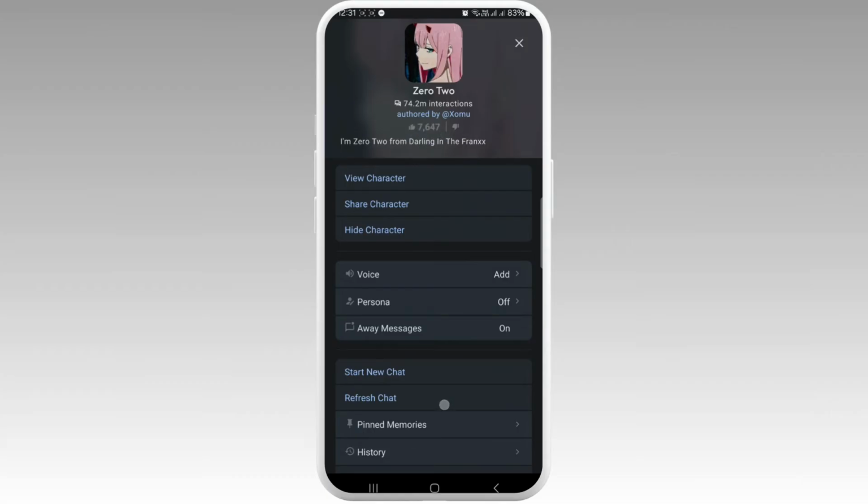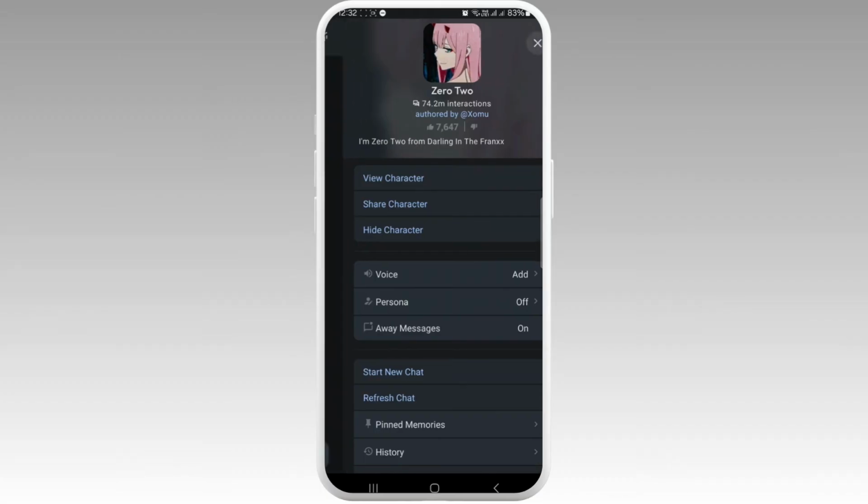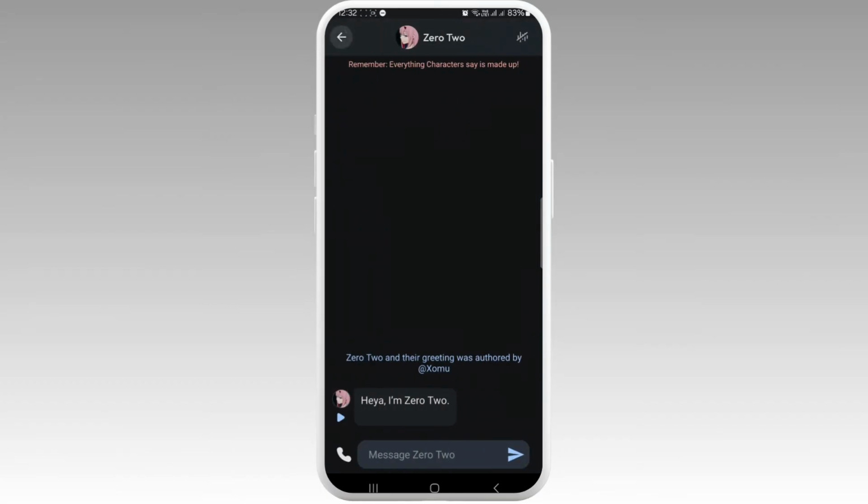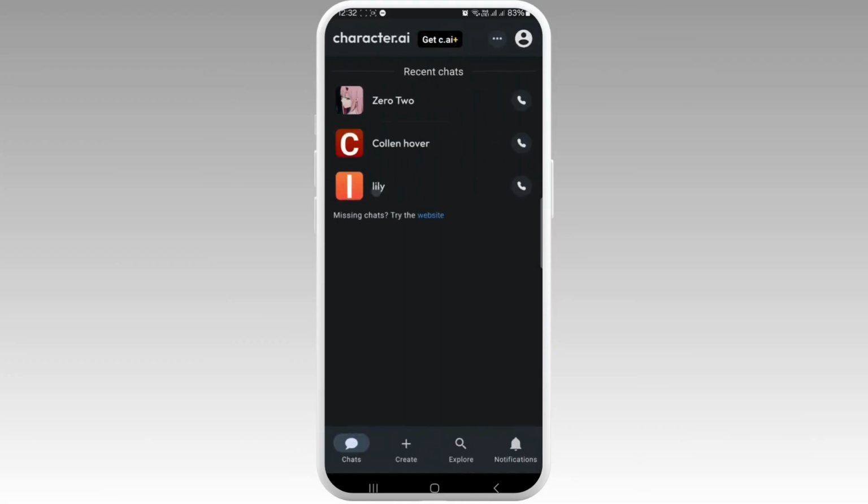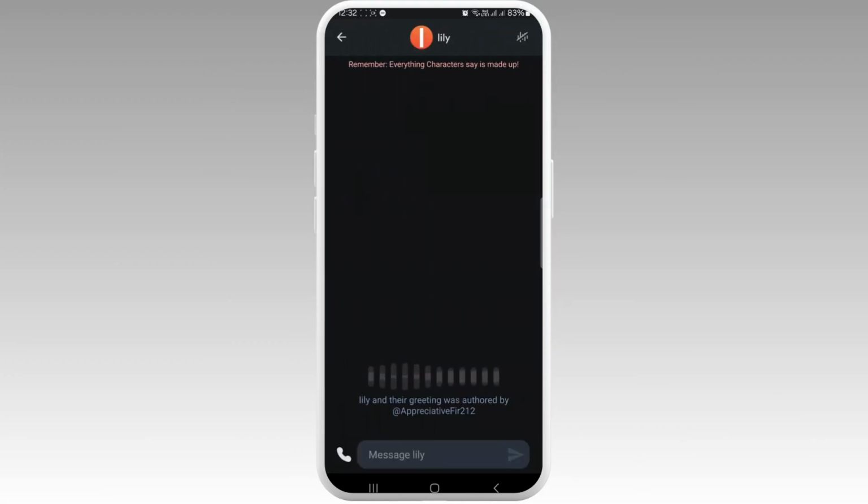XOMU. He or she is the owner of this. They have created it. I have created this character, so let's see, does it show my name? Yeah, this is my name. So that's how you find a Character AI